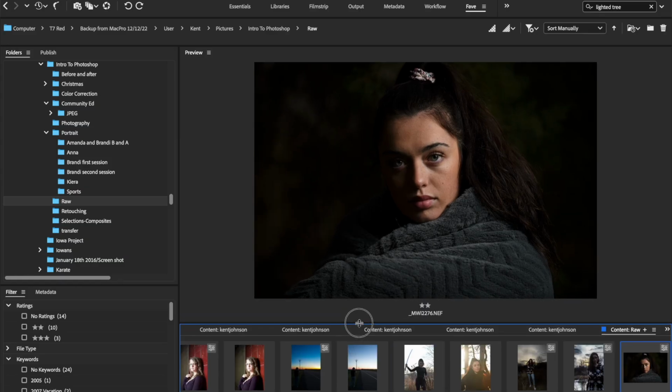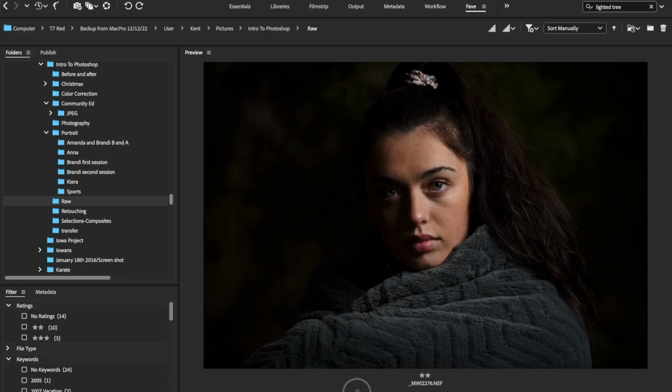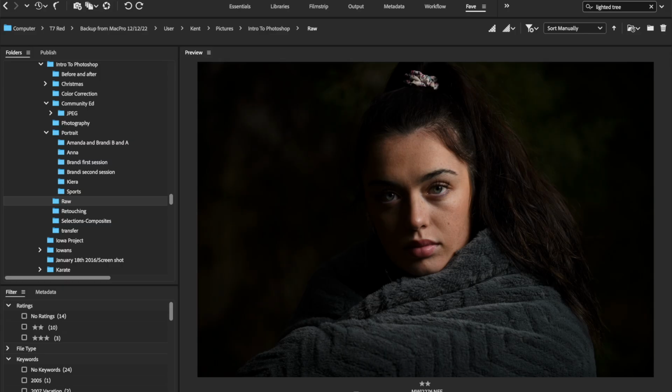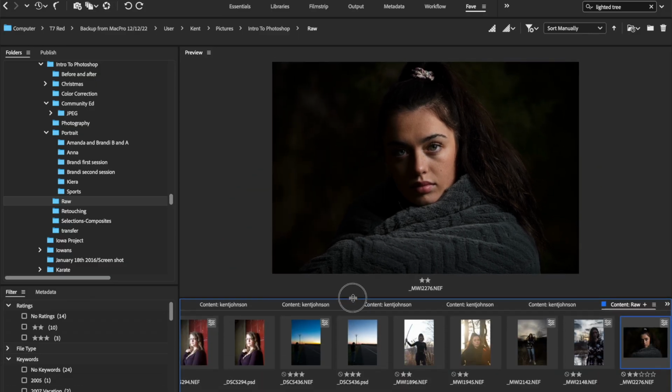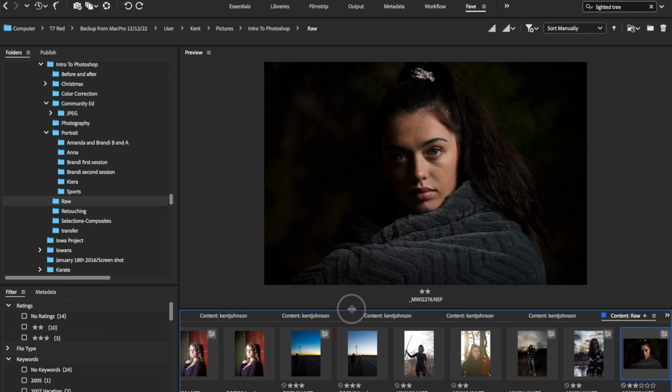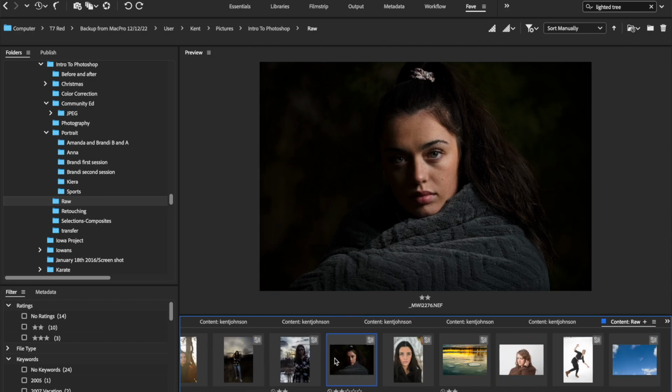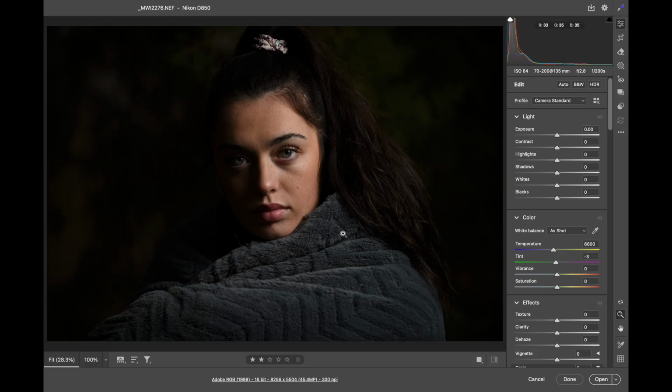So right here I'm in Adobe Bridge, which is just a ramped up file browser. And I'm selecting this image to adjust a little bit of the brightness on her eyes and a little bit of the brightness on her face. So I'm going to open this up into Photoshop, but first it's going to stop in Camera Raw because this is a raw image. So here I am in Adobe Camera Raw, and I'm looking at her,